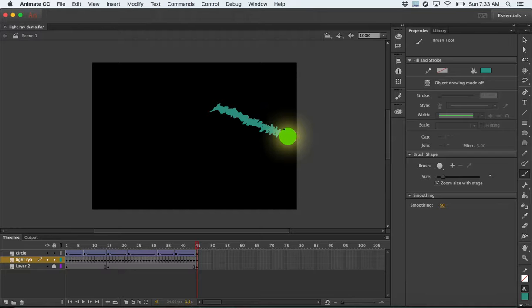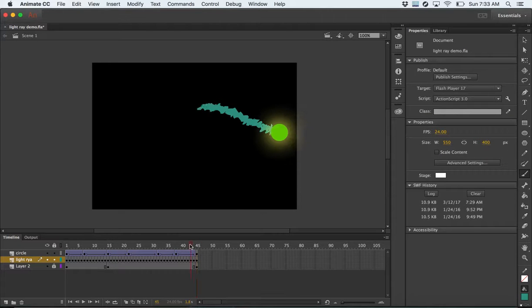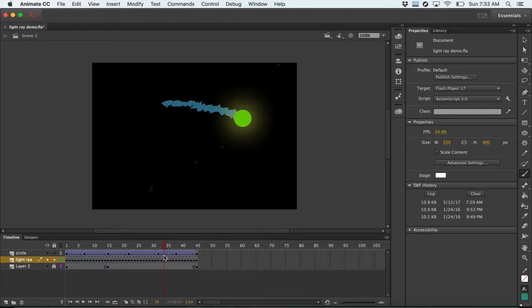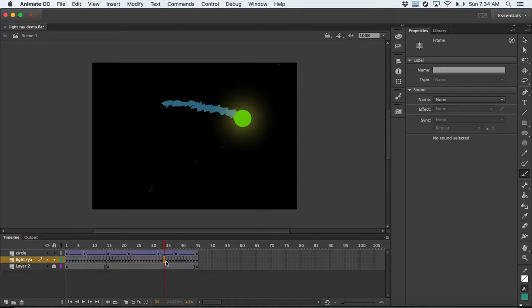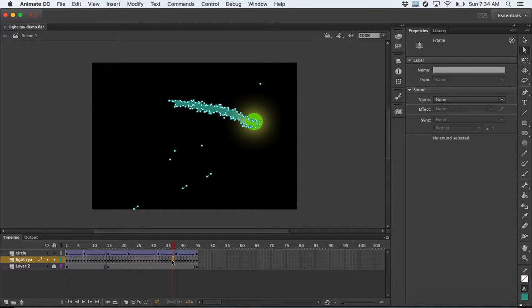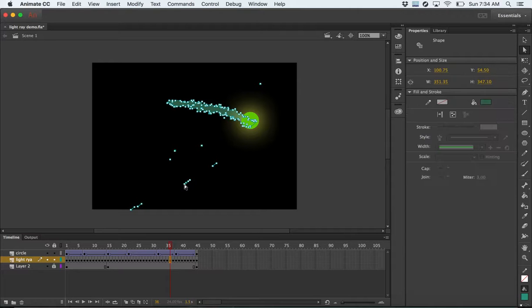Great. You'll notice that my paint never goes on top of the circle, and that's simply because the circle is above that layer. Okay, so now as it goes along, it moves with it because I've drawn everything in frame by frame. These little pieces that are exploding out here, those are little brush strokes that I put in, and then every time I made a keyframe, I simply picked up and moved the brush stroke using the sub selection tool. So if you're in one of these frames, you can pick it up. You can see all these little things that pop up. You can pick it up and move it along a little bit. Exactly the same concept as what we just did with the paint, moving things frame by frame. Okay, so that makes it move